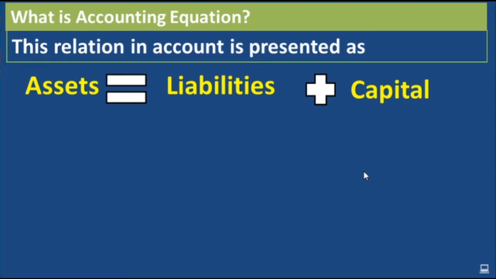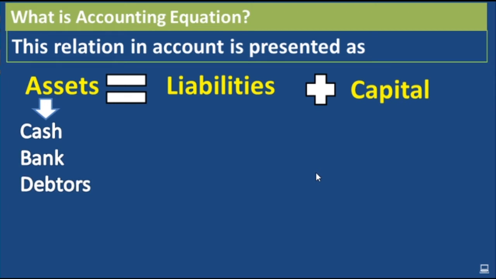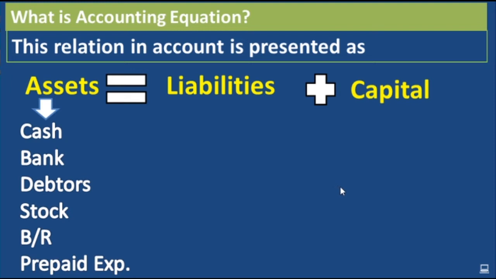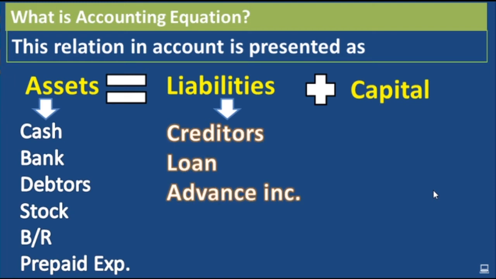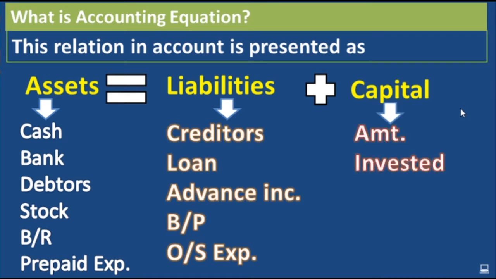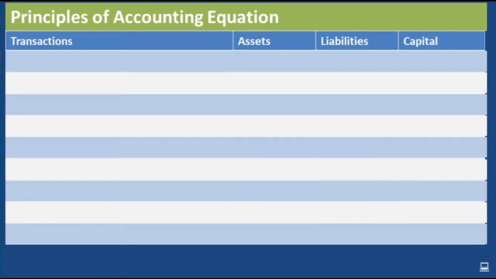Now let's see what each of the components contains. Assets may be cash, bank, debtors, stock, bills receivable, and prepaid expenses. Liabilities may be creditors, loan, advance income, bills payable, and outstanding expenses. Likewise, capital may be the amount invested in the business, the profit, and the loss. The table presented over here will help to understand the effect of changes in assets, liabilities, and capital due